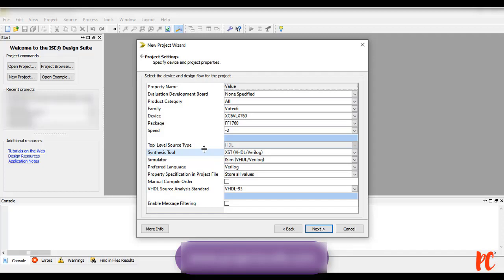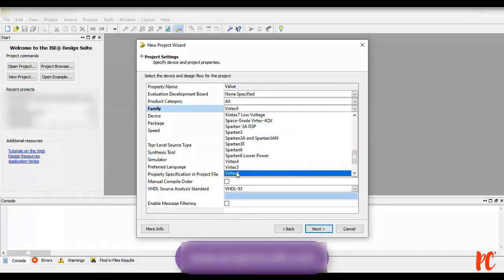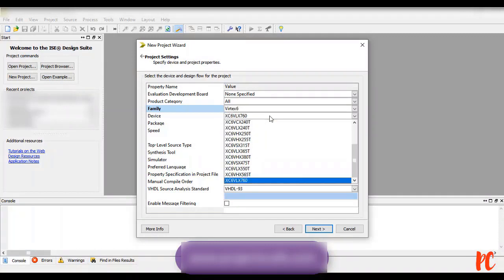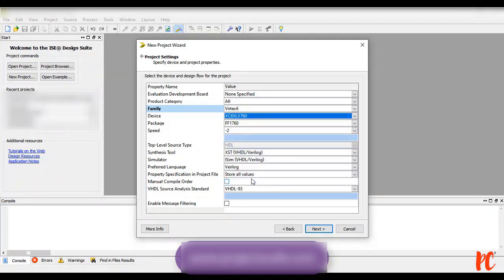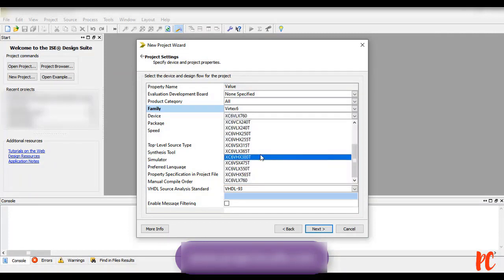We can use any of the Xilinx family. For this project, since the configuration is huge, I am going for Virtex 6 configuration. Within the Virtex 6, you can see multiple configurations. I am going for the XC6VLX760. I have already checked the rest, and you can see that the configuration won't be able to support because AES is having a huge configuration where you need to have slices, lookup tables, number of LUTs, different number of gates and memory spaces, for which only this is suitable. So I am going for this configuration.